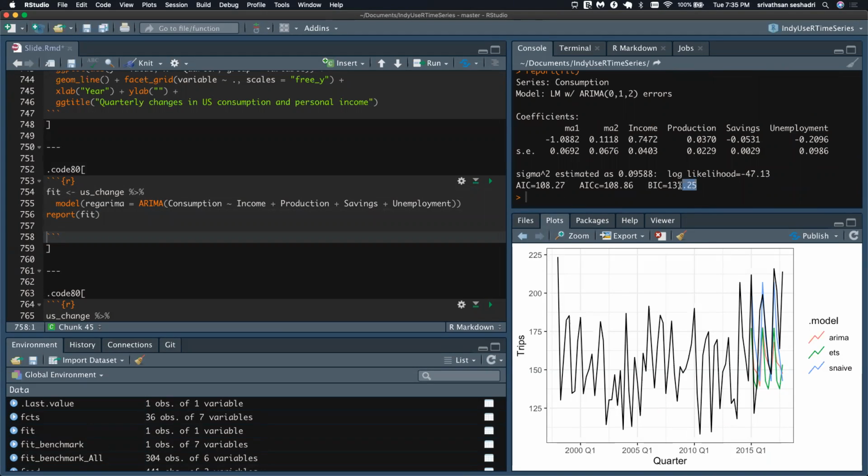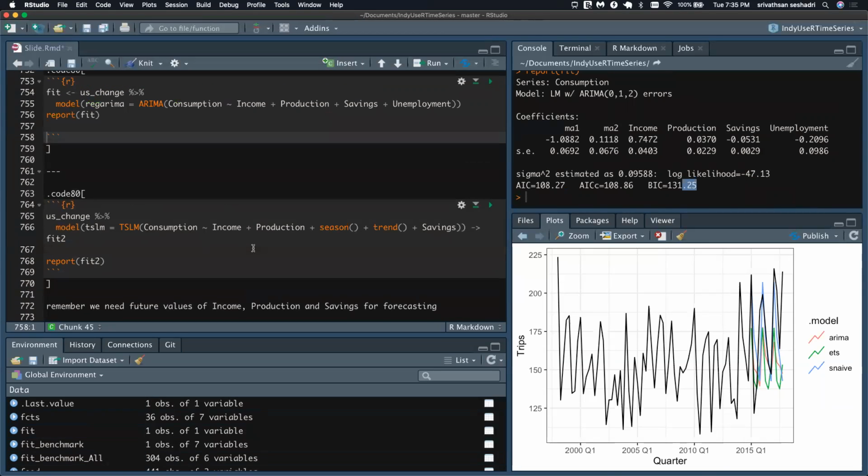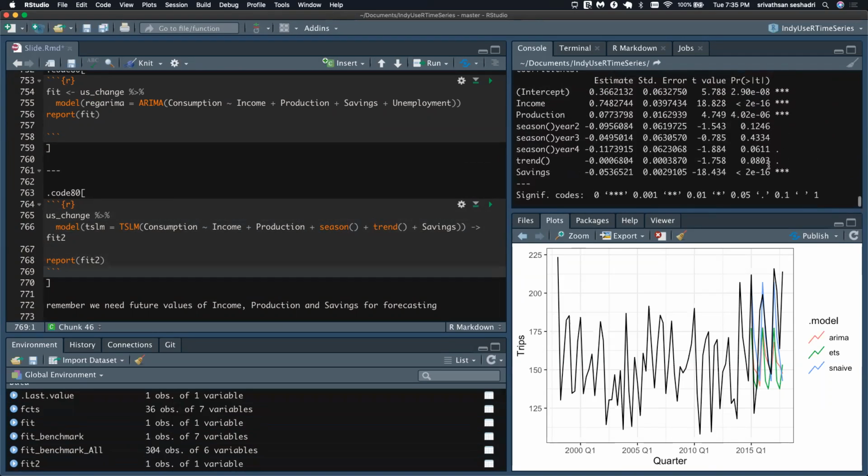If you were to do it manually, you would fix the ARIMA process parameters, then tune the linear regression coefficients, then come back to your ARIMA errors. So it's kind of a seesaw. You have to go both ways to fit an ideal model, which is what I like. And you can also use a time series linear regression model. So you can plop in all the other external regressors, and you can say, I want to include the seasonal effect as well. I want to use the trend effect too. You notice there's not much due to seasons, but it has taken a lag of year 2, 3, and 4.